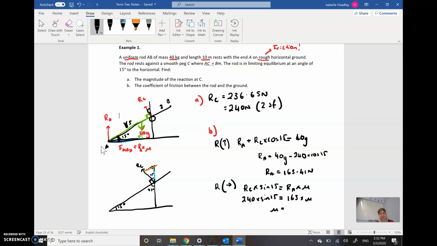So I'm just going to quickly work it out: 240 times sine 15 divided by 163. Therefore coefficient of friction equals 0.37. There we go, that's it. Perfect. All right, so that's example 1 done. We will have a look at example